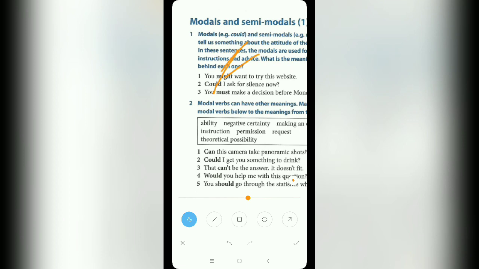Next, we come to the third one. You must make a decision before Monday. So, must. What is the meaning of must? Must is used here to describe an ideal or desired situation. That means if you want it 100%, that time must is used. So it is stronger than should. Should is little, it's not very pressurizing, but must is pressurizing, and shows that the listener has less choice about what to do. So if I tell you, you must